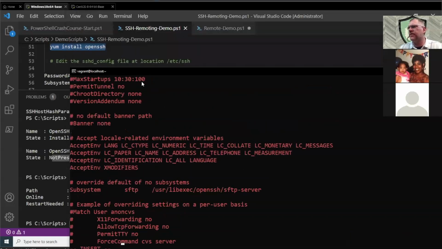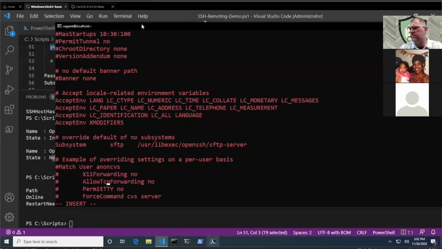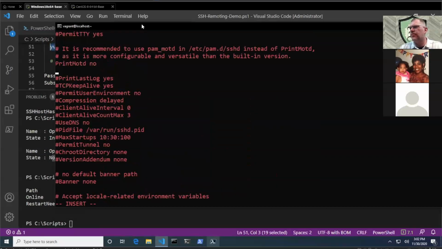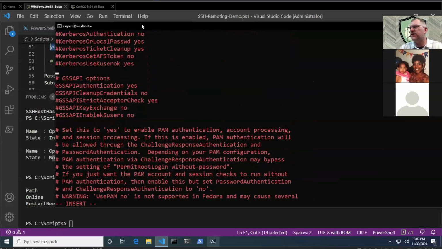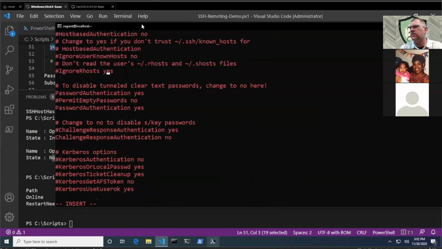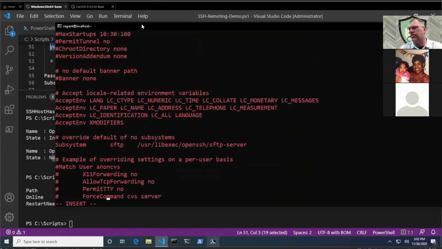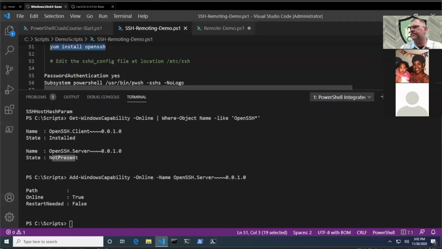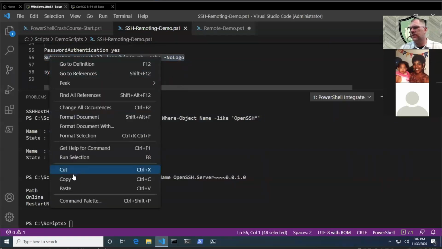hang on, maybe it's not the bottom, if I remember correctly. Subsystem. It could probably be anywhere, but I thought I found it somewhere else. All right, we're going to put it at the very bottom. We're going to take this whole command right here, copy that,